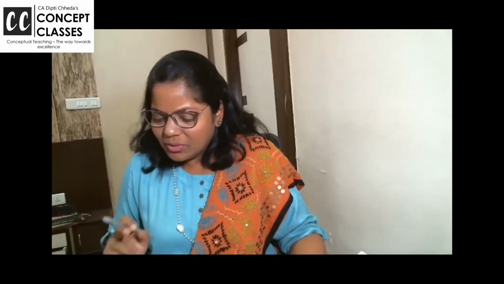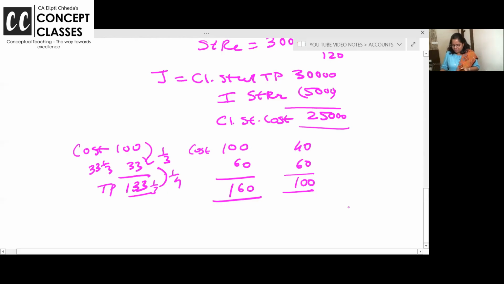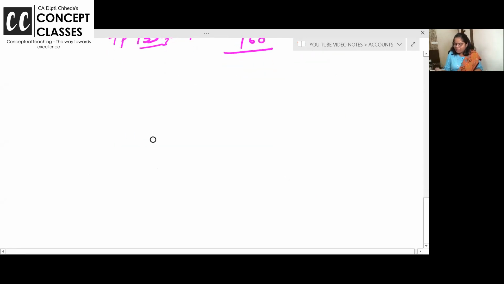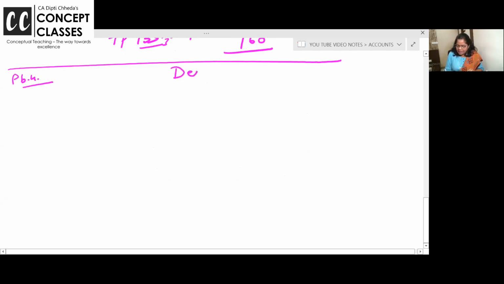So let us begin solving this question in the notebook, and here we go. Yes. Trading and P&L account triple column we will prepare, supported by working notes. Problem number 4 we are doing. Those who are doing it directly, they can just write